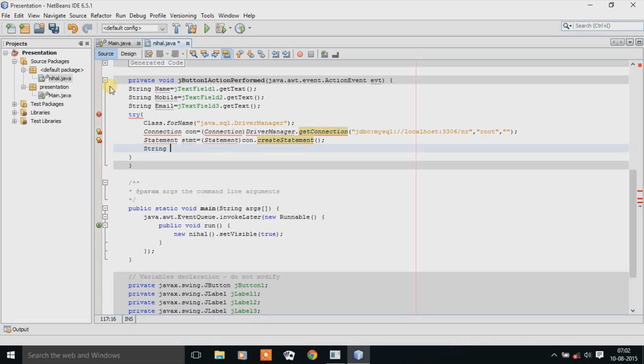Now we will use this statement by String query and insert into Nihal. By this command, the values will be inserted in the table of the MySQL which we have created in the MySQL. Into values bracket open single quote double quote plus name